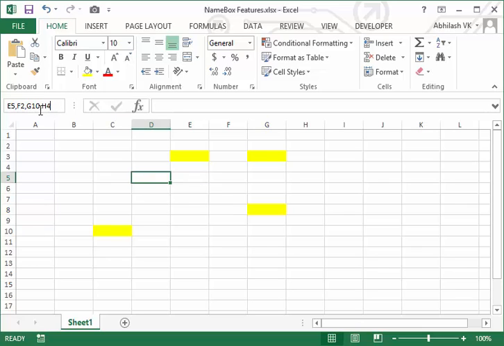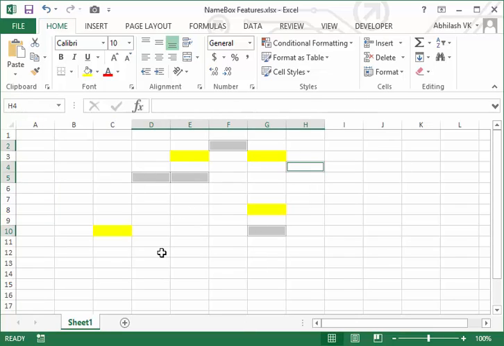Let me hold the control and hit enter. Boom, done. See, 1, 2, 3, 4, 5, you have 5 cells selected, but we have mentioned only 4 addresses in the name box, right?